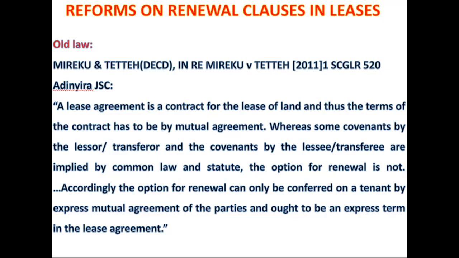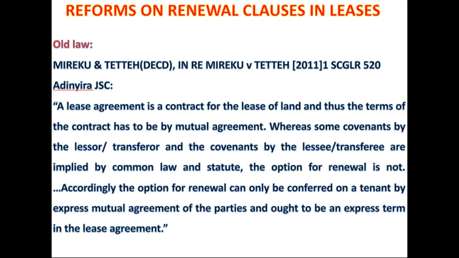And I'll demonstrate this to you with the case of Ire Miracle versus Tete, deceased, reported in 2011, 1 Supreme Court of Ghana Law Report at page 520. Listen to the words of the learned Supreme Court Justice, Edinua JSC, and listen to how she treats renewal clauses. I'm quoting. I'll go at a very slow pace so that you get the full import of the statement. Edinua JSC says as follows, and I quote,